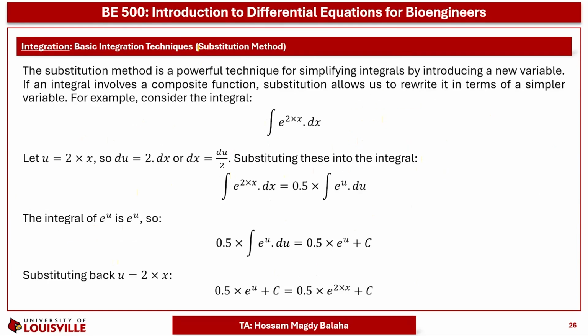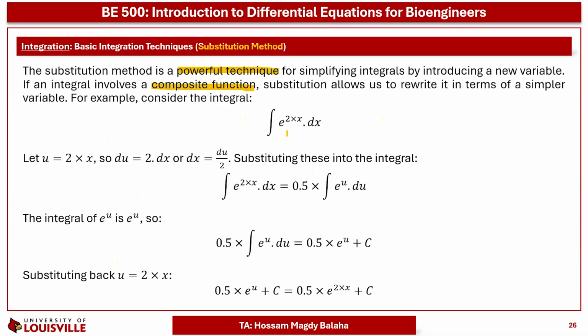The second rule is called the substitution method, and this is a very powerful technique for simplifying integrals by introducing a new variable into the equation. It's helpful if you are dealing with a composite function. So how to deal with it? Simply substitute or rewrite in terms of a simpler variable, for example u, then perform the integration and substitute back